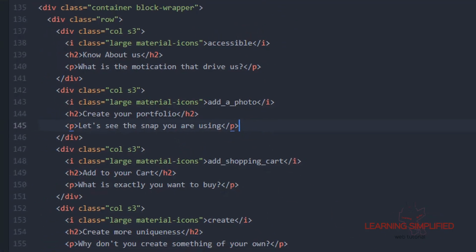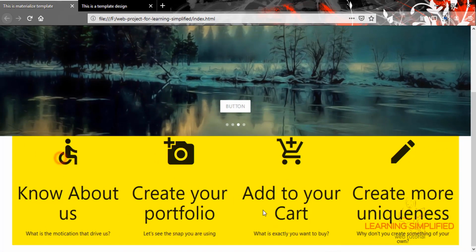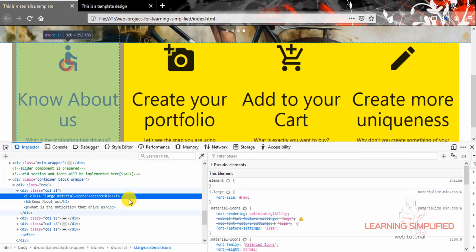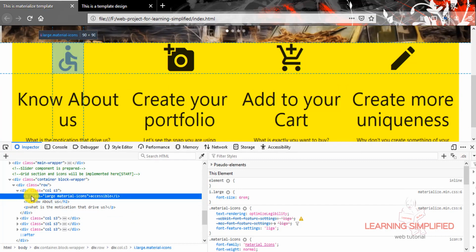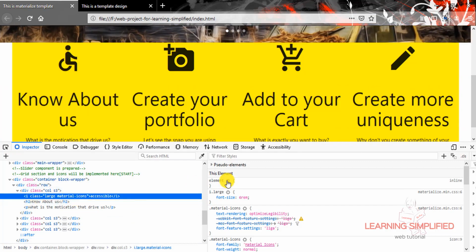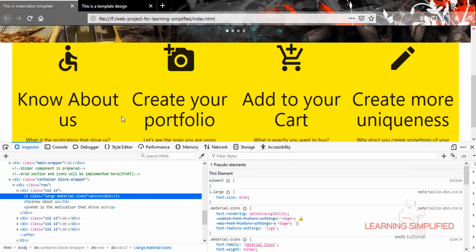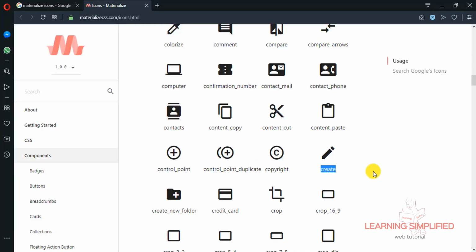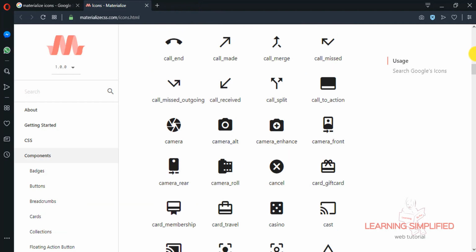But what about if we wish to make some overall changes over here? So press F12, select each individual icon, and you can see that this is the I class, large material icons. We are practically using large material icons over here as we have specified in this particular case.